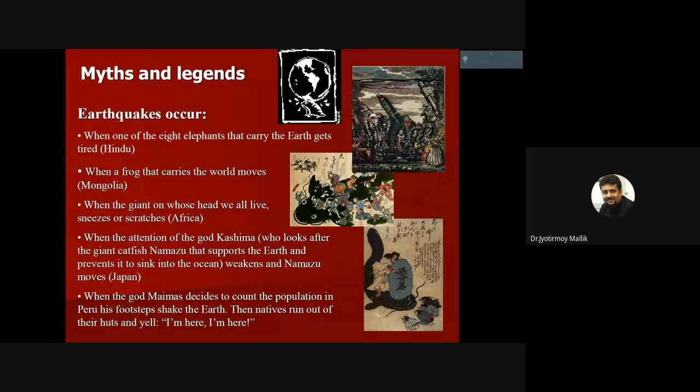Okay. So, you know, earthquake is something which has been terrifying human civilization, not just now, since prehistoric times. All of a sudden, the human being felt this tremor, the earth being shaken. And, you know, there have been myths around it. So let me ask, how many of you ever felt an earthquake?